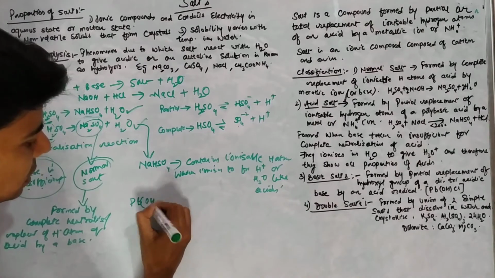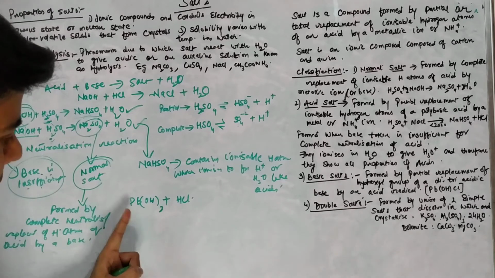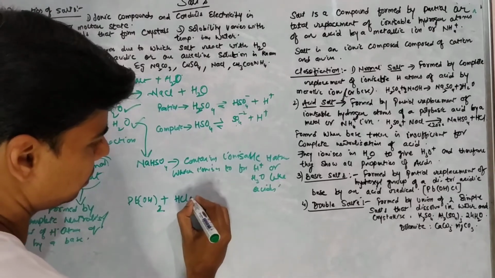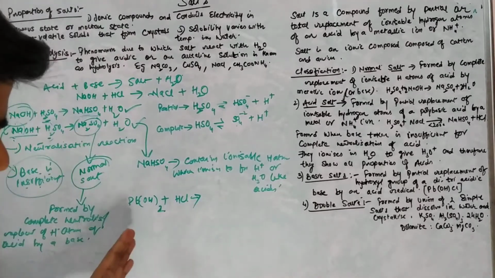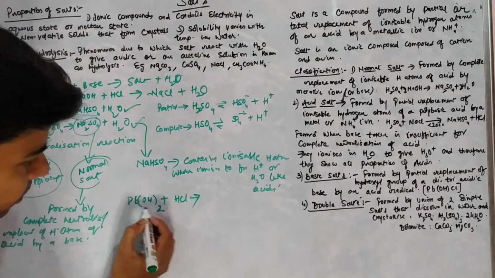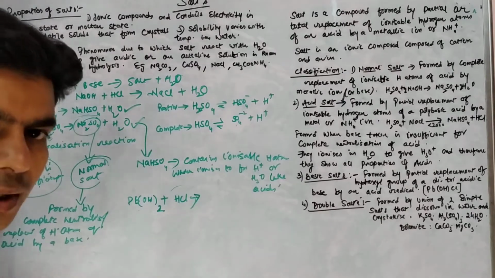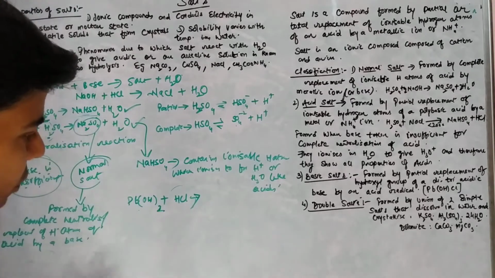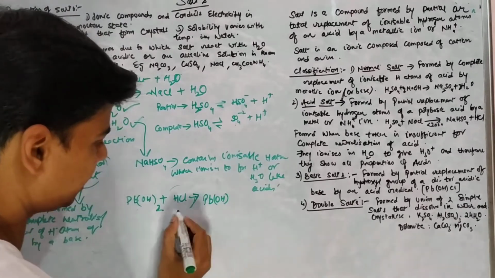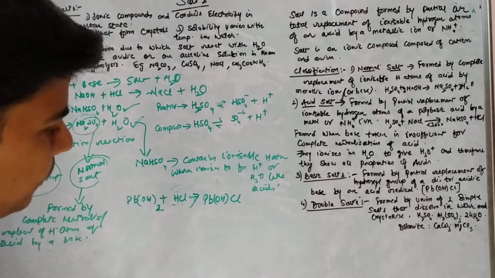Let's see what it means, partial replacement of hydroxyl ions of bases, right. Lead hydroxide, Pb(OH)2, reacts with hydrochloric acid, right. So we say partial replacement of hydroxyl ions of bases. Partial replacement means this hydrochloric acid will replace only one hydroxyl ion in lead hydroxide, forming a basic salt. So Pb, it will replace only one hydroxyl ion, right. So this Cl will combine. This is a basic salt, right, which is formed by